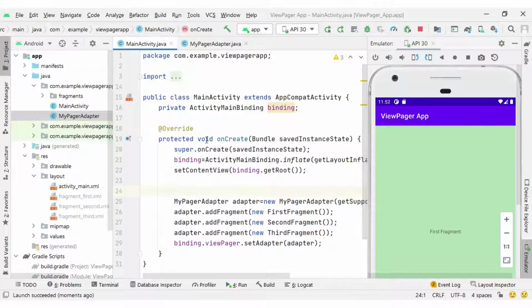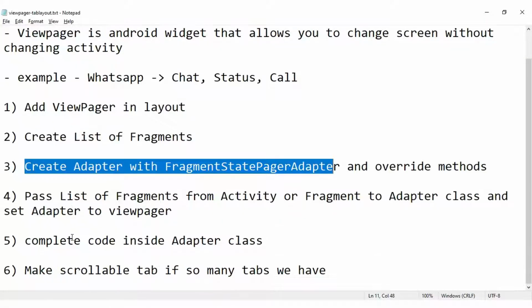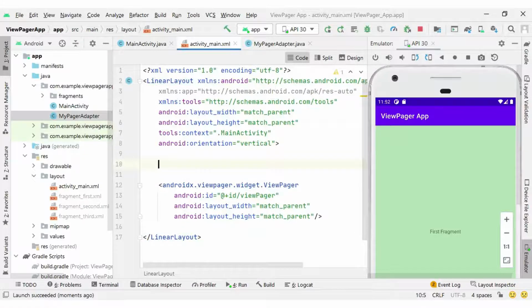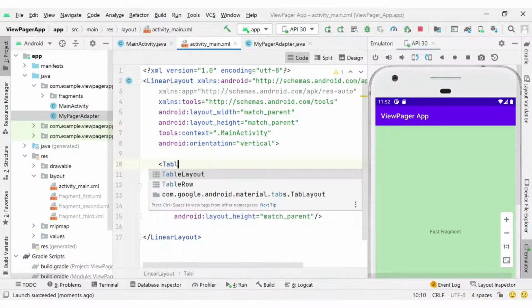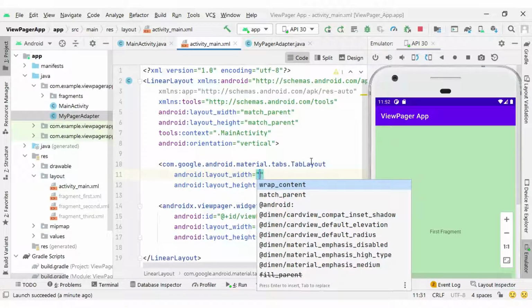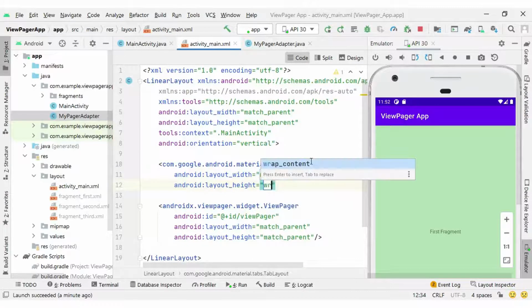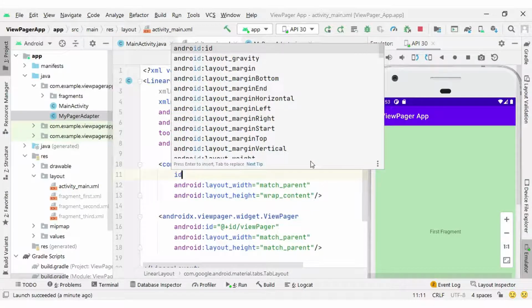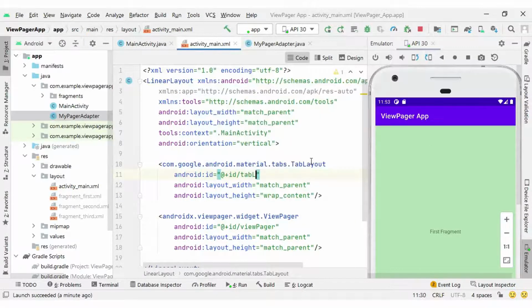Okay, now with view pager I want to add tab layout as well. So let me show you how we can integrate the tab layout with our fragments. Let's have tab layout inside our activity's layout file. You can see here I am going to add tab layout, and I will suggest you continue with material tab layout which is updated. So I will select that material tab layout, width match parent and height wrap content, and also I will set the ID for our tab layout, that is tab layout.